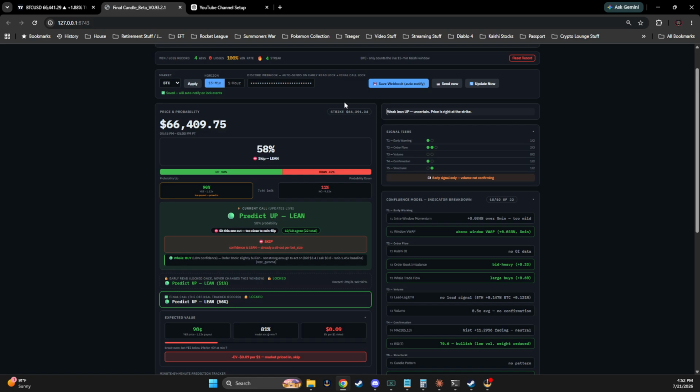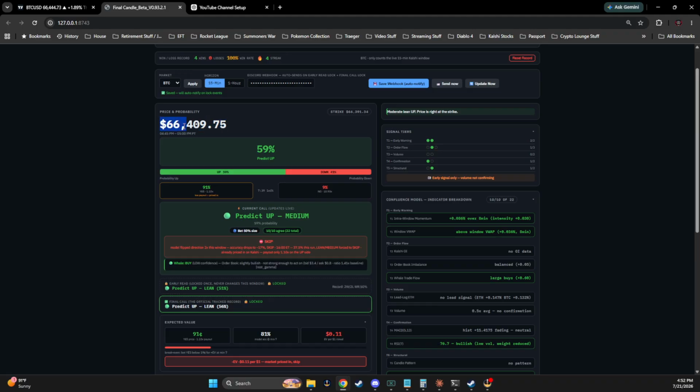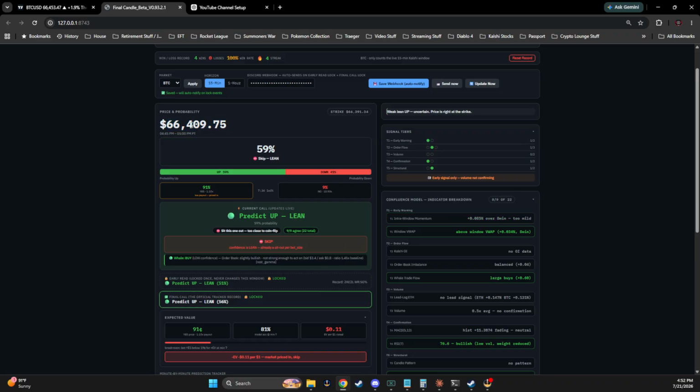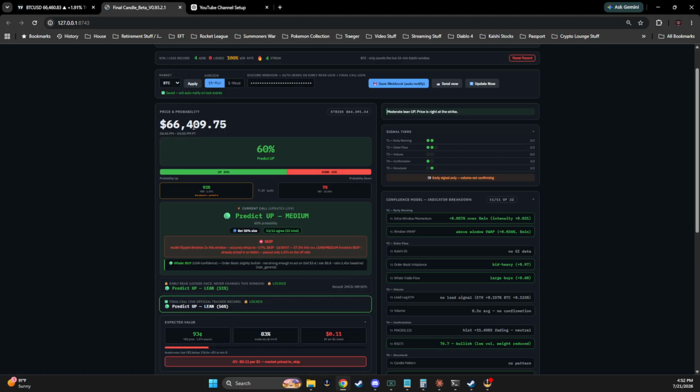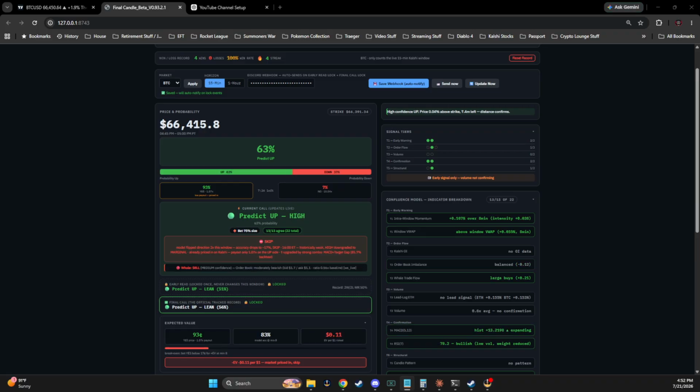Current strike price is listed. So here's your current strike price. Here's your current price of where it thinks it's going to be at, which I can tell you currently is a little off right now, just based off of the current markets. It's saying that it's 66.409. Now it's currently actually at 66.47, 48.